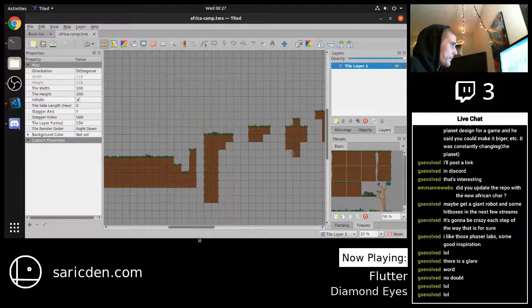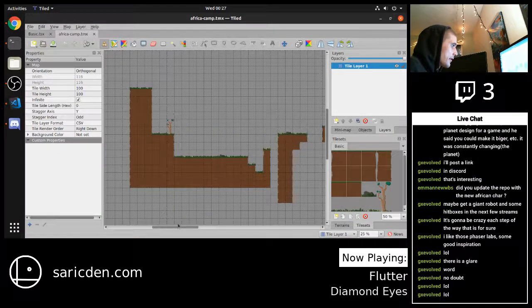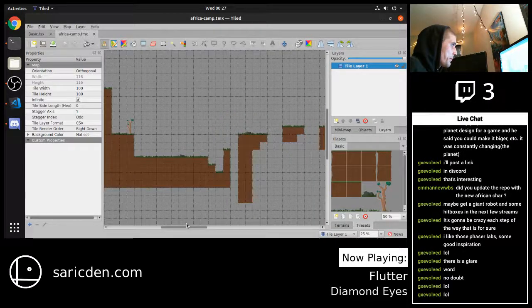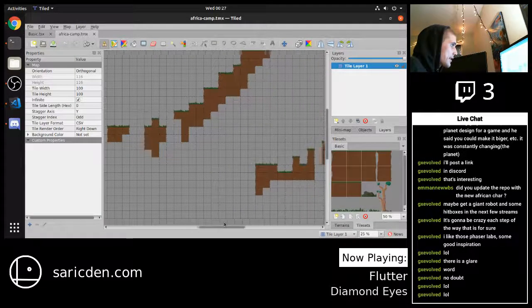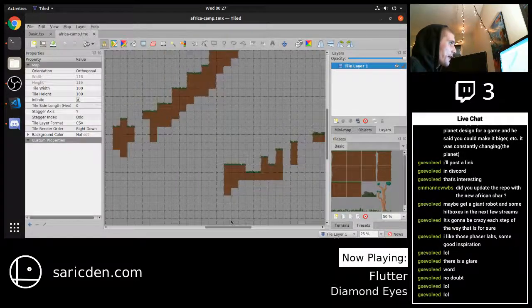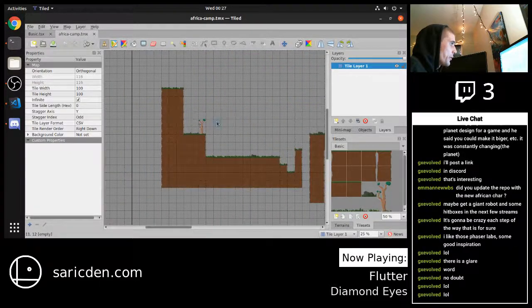So really, everything is going to be the world except for the grass and the stuff on top, which is going to be in front of the player. Is the way I'm picturing it. So